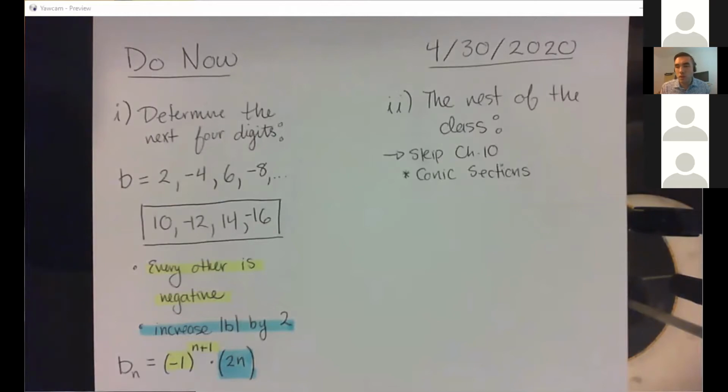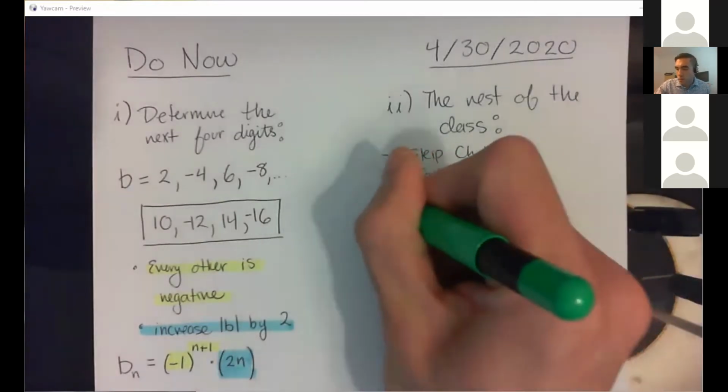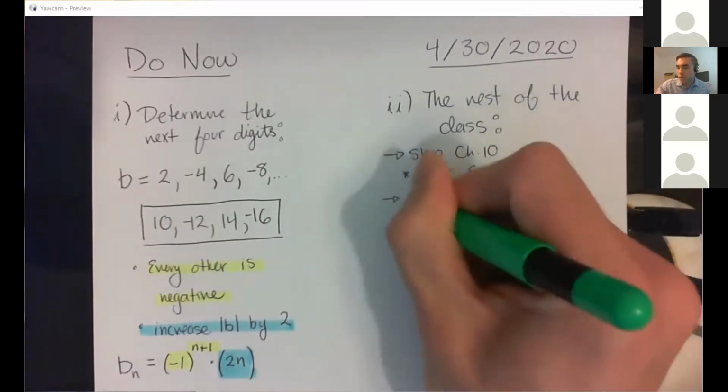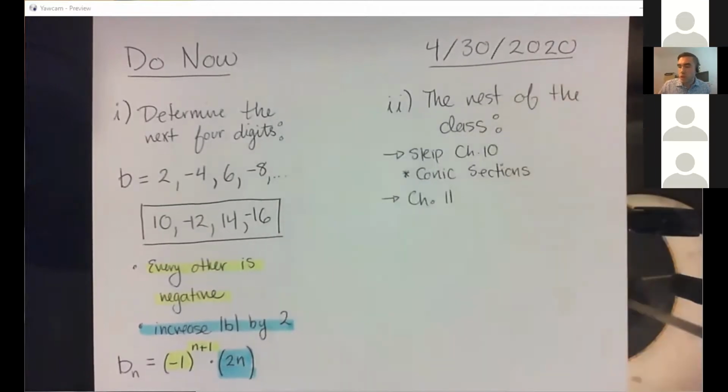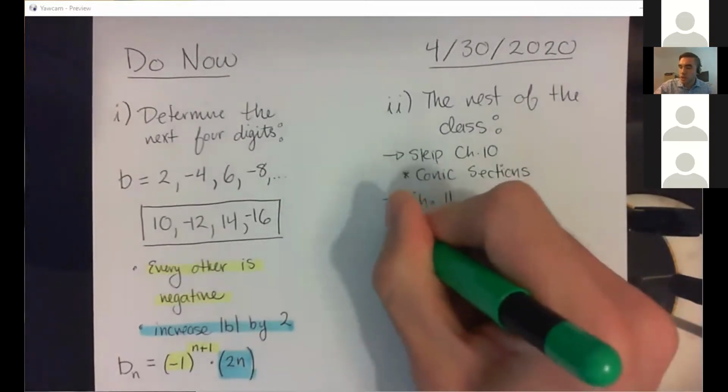So I want to talk a little bit about it today, just in big, broad conceptual strokes, like what you want to take away from it. And of course, if you found that you needed to use this stuff mathematically at some point in the future, it's a Wikipedia article away, right? And I am doing that because I want to move on to chapter 11, which is Introduction to Statistics,